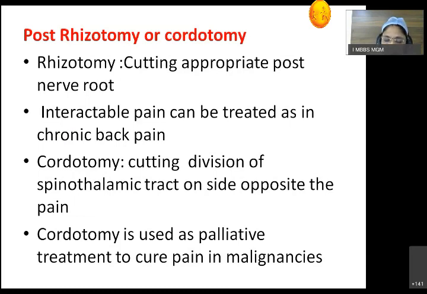So we have completed the entire spinal cord: external features, internal structure, ascending tracts, descending tracts, blood supply, and applied anatomy. Generally, there is a long question on the spinal cord about its external features, and they may ask you about any one tract, which may be ascending or descending. If ascending, generally the spinothalamic tract is asked, and if descending, then the corticospinal tract is asked. Then there is always a short note on blood supply of the spinal cord and Brown-Séquard syndrome.